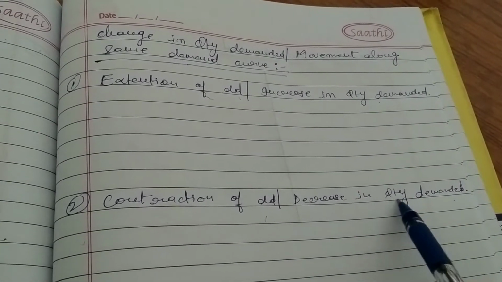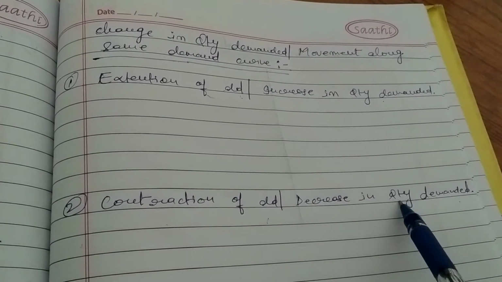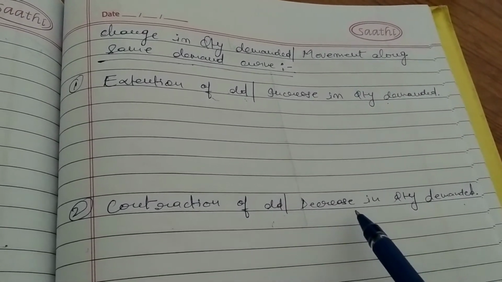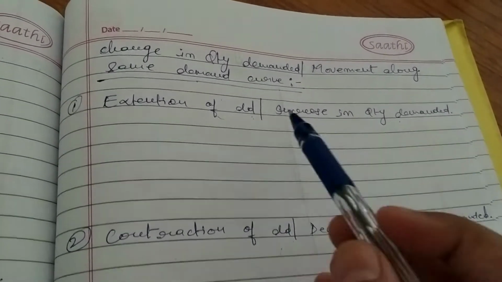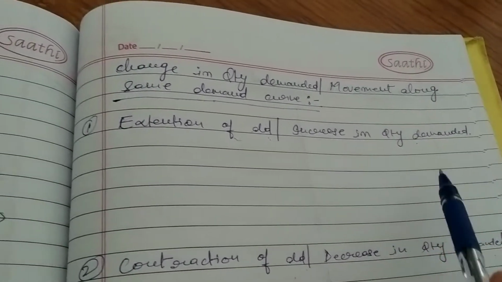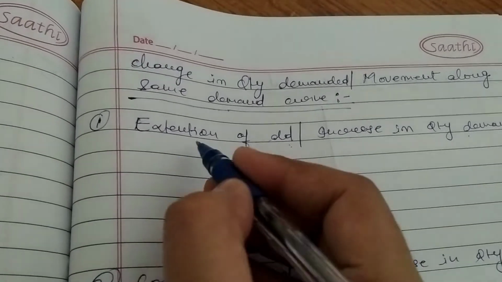If you miss this word quantity, then it will be wrong. You have to write that if there is a contraction of demand, it is decrease in quantity demanded, and if it is extension of demand, then it is increase in quantity demanded. So see,